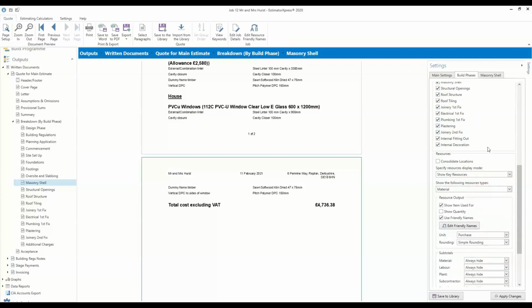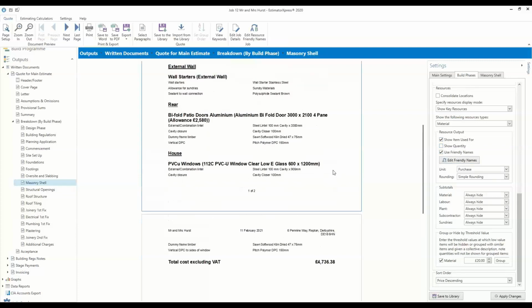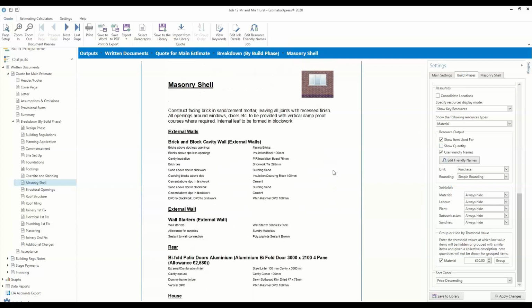Okay, so last few settings in here, you can get into quite a lot of detail here with what you're showing exactly. But one really important item here is the resource output and this option to show quantities. So this quote at the moment is not showing resource quantities. It's saying for bricks above DPC, I'm using facing bricks, but it's not showing how many of them. If we tick show quantity and click apply changes,